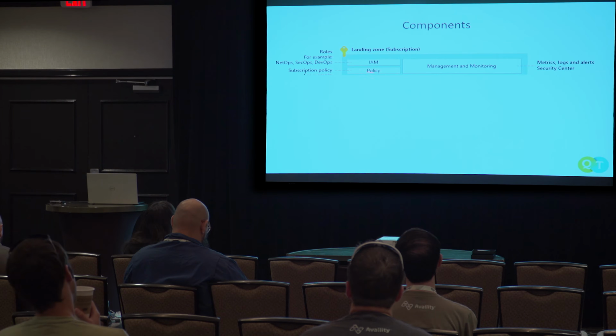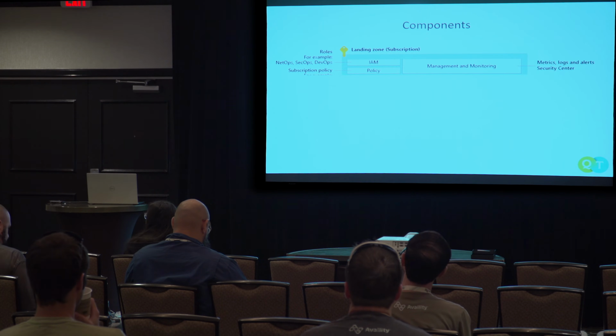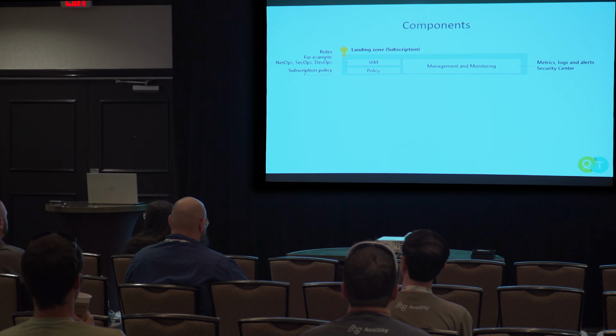So you have your IAM, your identity and access management. These are the roles and access rights that are assigned to your subscription, coming from Azure Active Directory. It's going to have policies applied to it. Policies allow you to act on metadata and the life cycle of resources. The simplest one to explain is a policy that says no public IP addresses. That's something a lot of companies like, because if people go around making public IP addresses, it leaves a huge surface area for attack. So you can have one that says no IP addresses, or you can have one that lets them do it, but lets it show up in my audit report later.